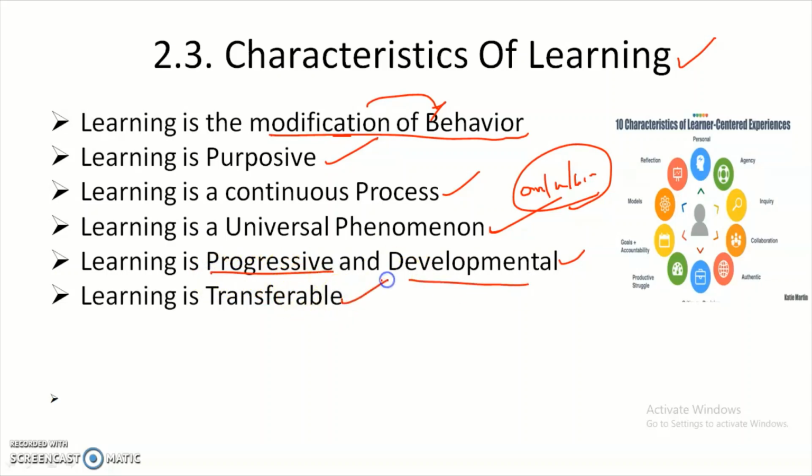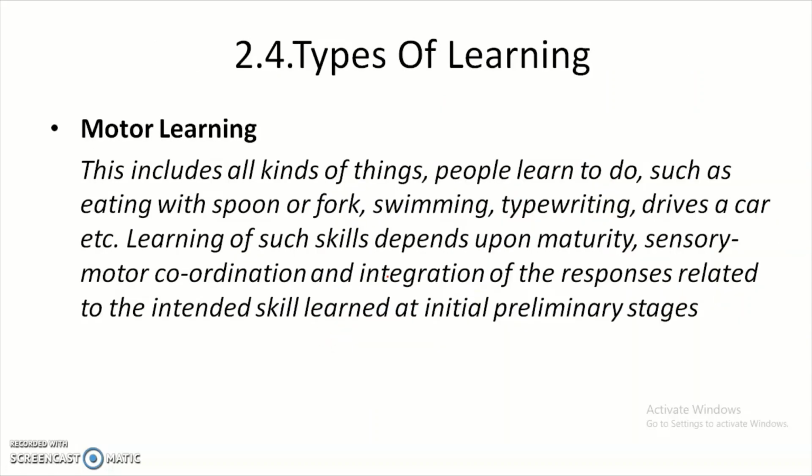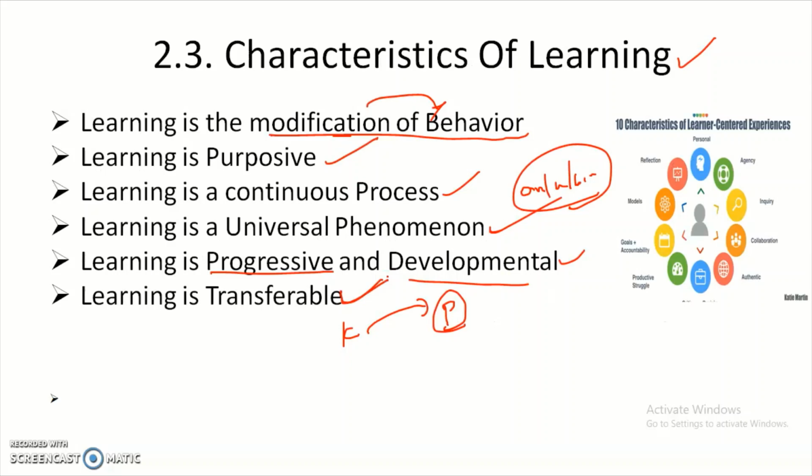And learning is transferable, meaning whatever knowledge I gained, I am able to transfer to some other person, right? So that means it is a transferable thing. While coming to physical things, I cannot transfer my hands or legs to other people, right? So those are not transferable. Of course a few organs are transferable, but here, coming to the main concept, learning is transferable. Whatever things the teachers learned, the teachers will transfer their knowledge to the students. So that's why the learning process is transferable.